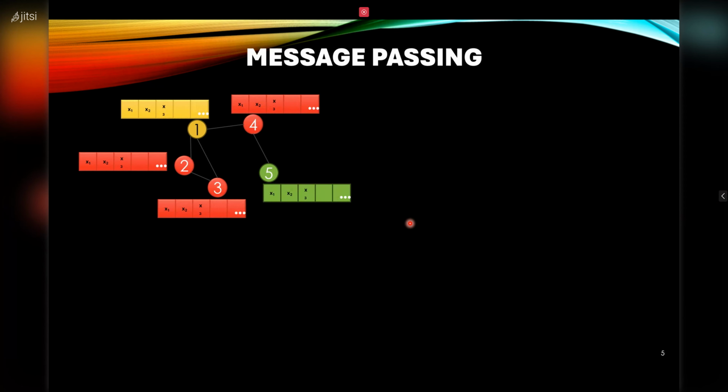This is message passing. In a graph neural network, we provide information by using an input, and these inputs are the messages from different nodes. Here we have different nodes and different messages: x1, x2, x3 represent node 1. Then we have another node 2 which also has some message information, and here we also have message information from node 3.